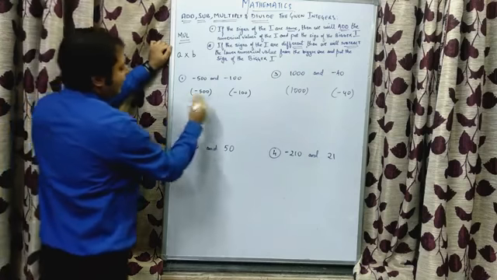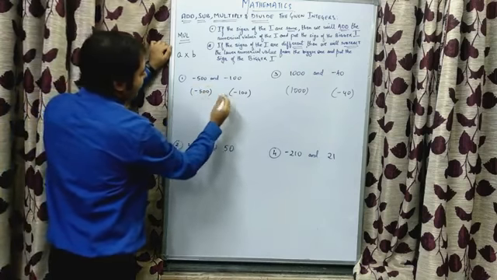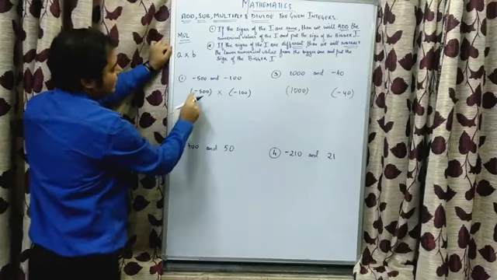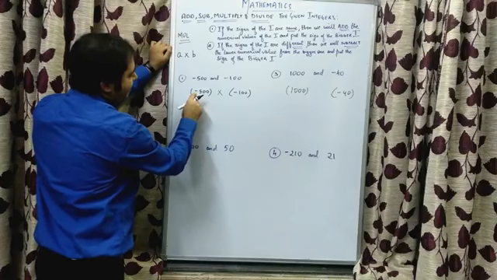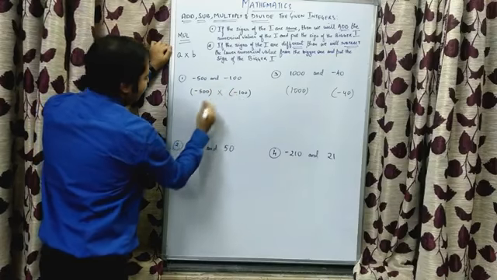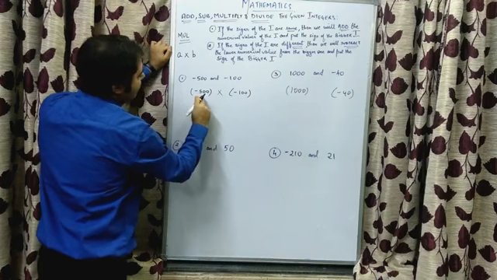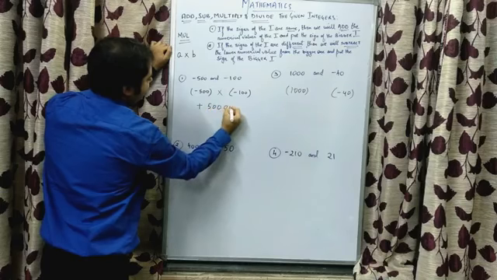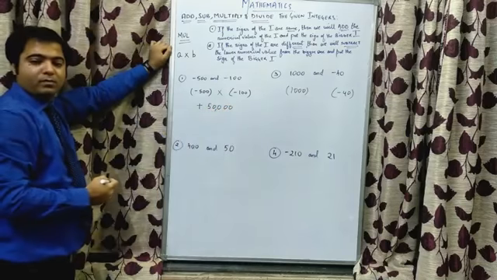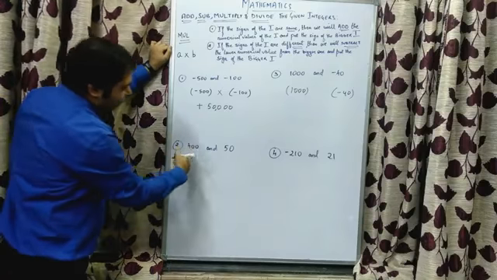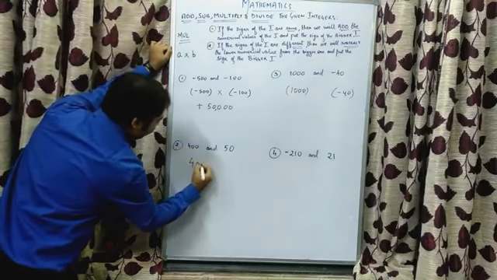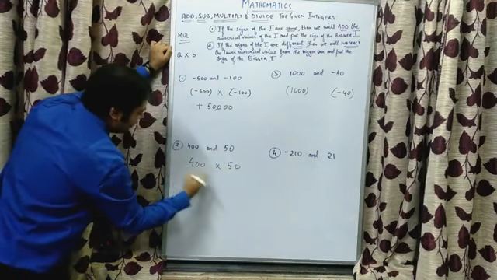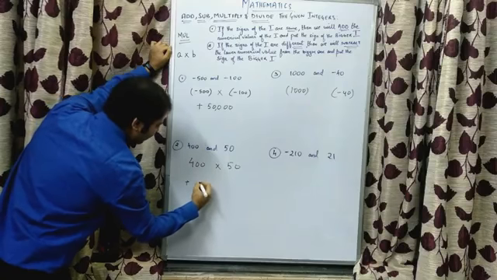For example, in these two integers, we need to perform multiplication, right? So I have put the multiplication sign. I said sign will be multiplied by sign. Minus will be multiplied by minus. Minus into minus is plus. 500 into 100 will give you 50,000. Right? Second one, 400 and 50. So we need to multiply 400 and 50. Plus into plus will give you plus only. 400 into 50 will give you